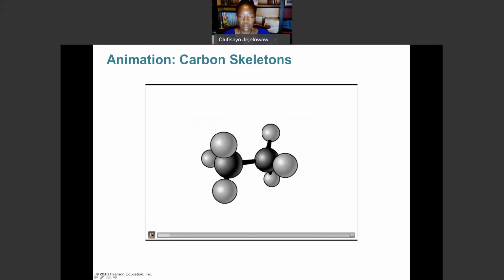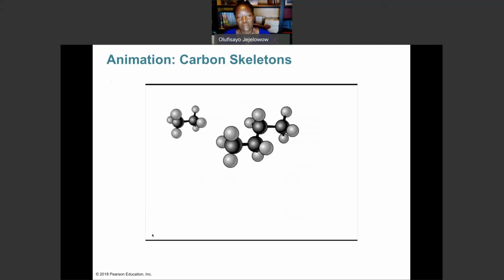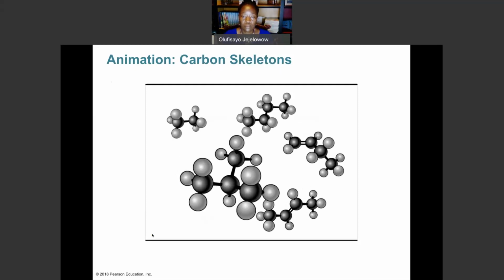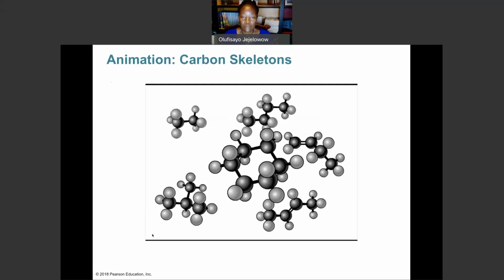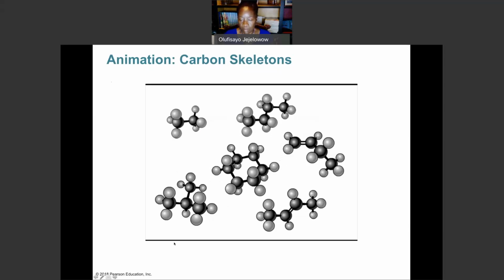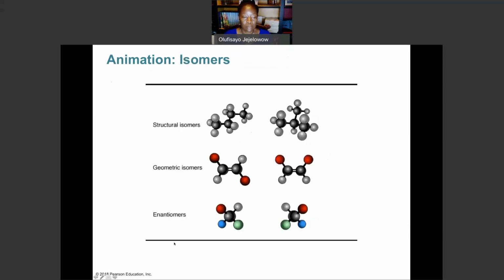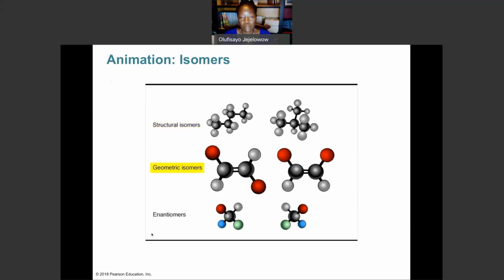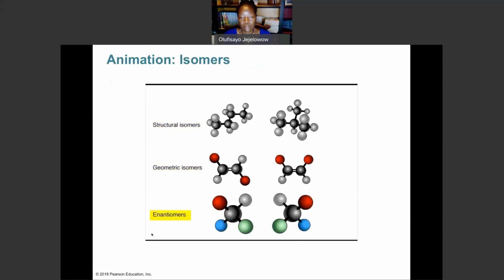The carbon backbones of organic molecules may vary in length and in the location of single and double bonds. Molecules may be straight or branched and may even contain rings of atoms. Three types of isomers are structural isomers, which differ in the covalent partnerships between their atoms, geometric isomers, which vary in arrangement of atoms around a double bond, and enantiomers, or stereoisomers, which are molecules that are mirror images of each other, like left and right hands.